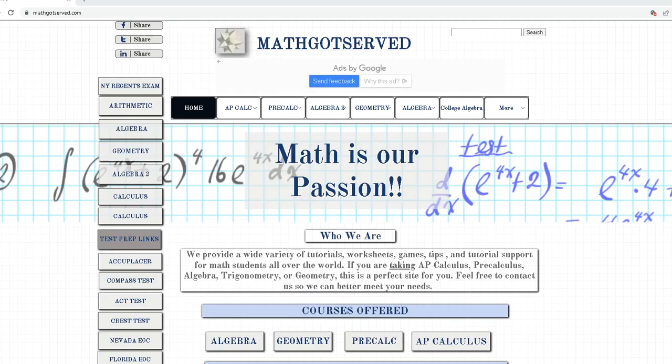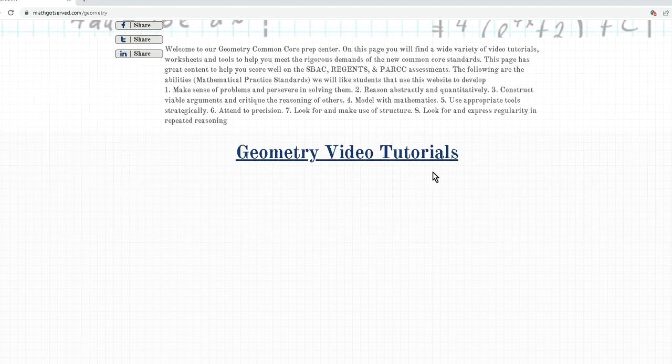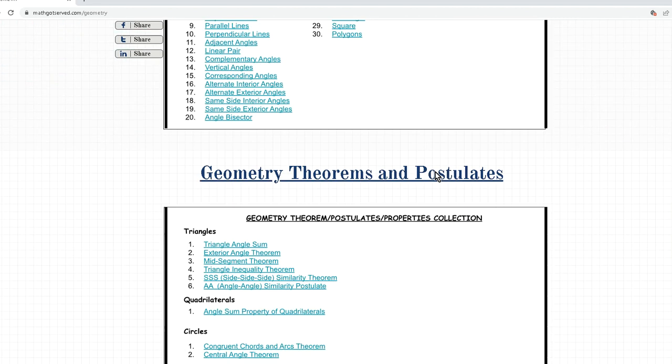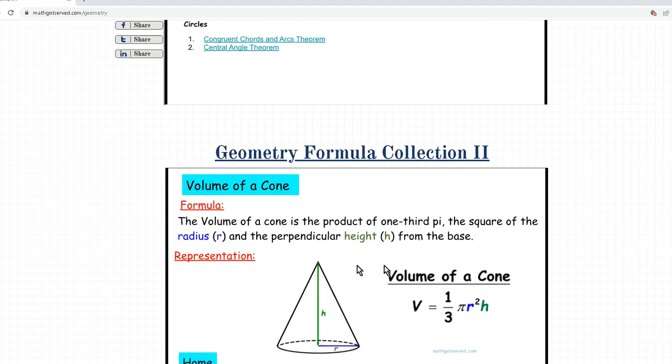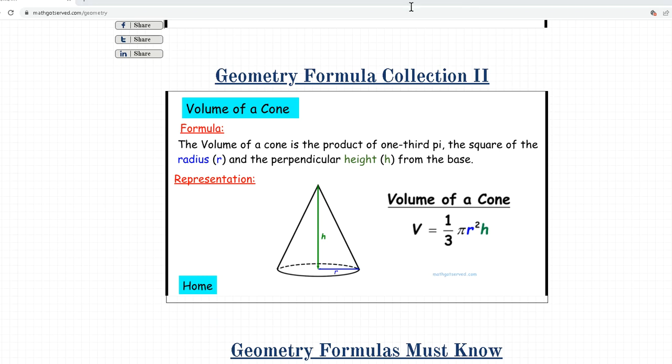of a cone. To do that, we're going to visit our website, mathgotserved.com. Just go to geometry, and then scroll down to the formulas collection section. There, item number 8 is the volume of a cone. If we take a look at it, we can see what the formula is. It's basically the product of 1/3 pi radius squared and the height, the perpendicular height from the base. Because there's a slant height and that has its own function, but that's not what we use here. So this V equals 1/3 pi r squared h formula is what we're going to be using to